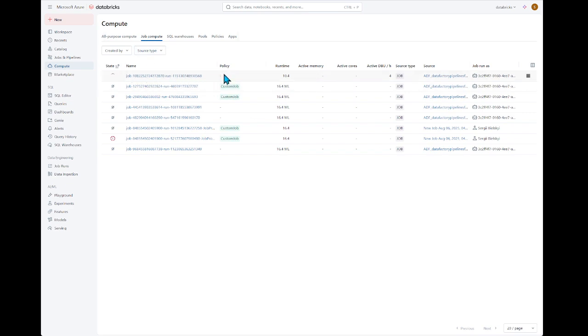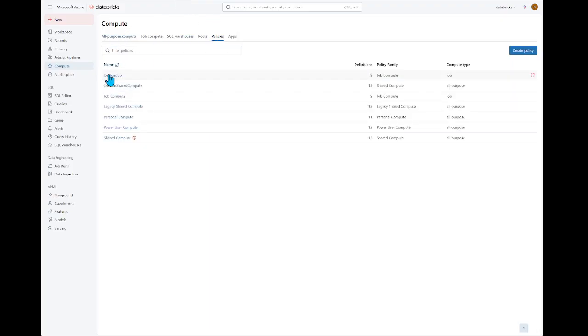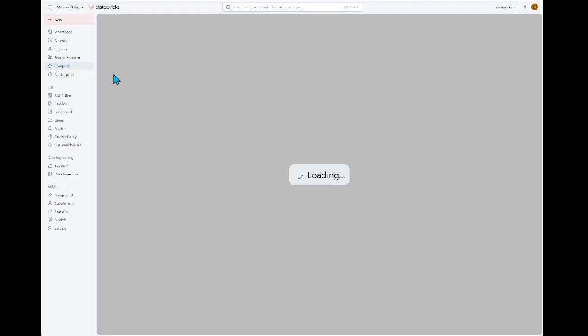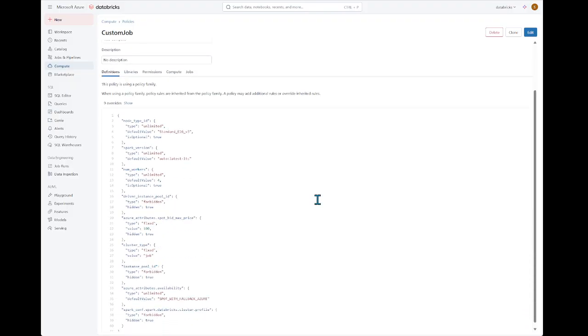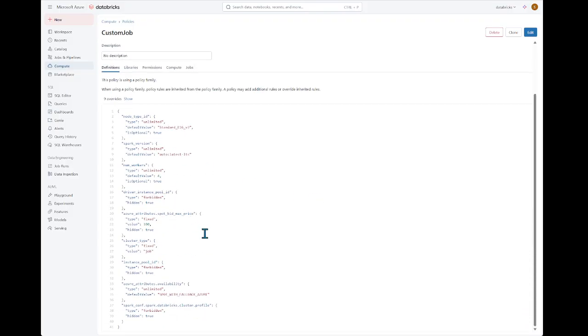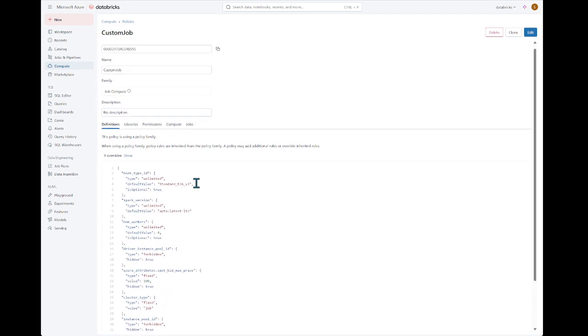just imagine we have some specific custom policy. Here we just executed standard job compute and specified standard configuration. But just imagine, let me go to the policy. I specially created a custom job policy. If I go inside, we can see the same, nothing specific except one configuration that I provided, a default value of a node type.